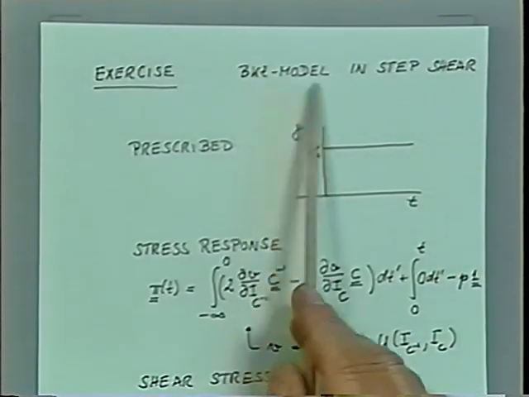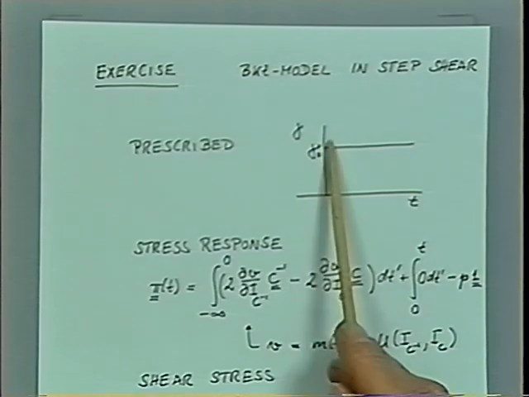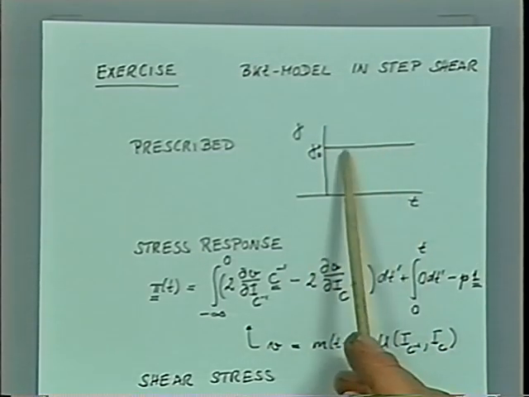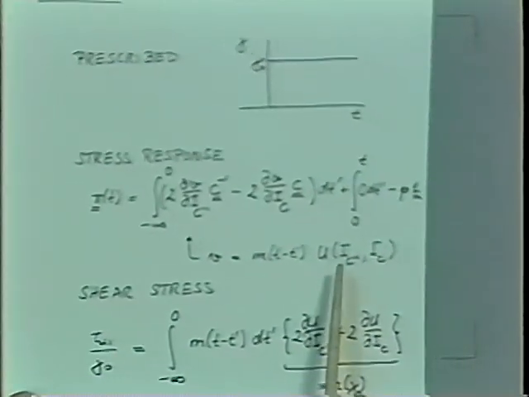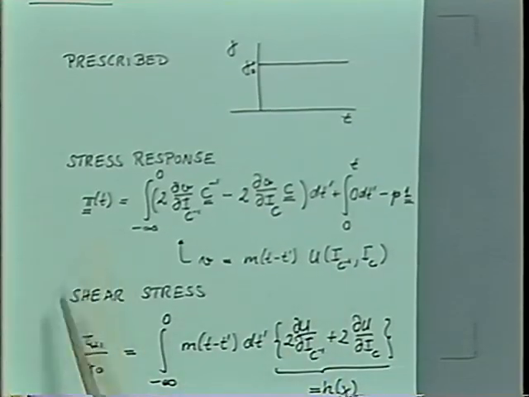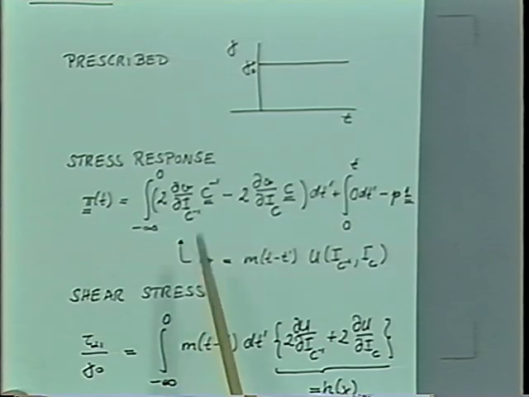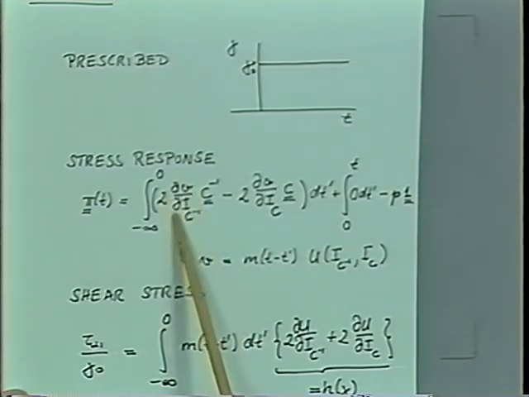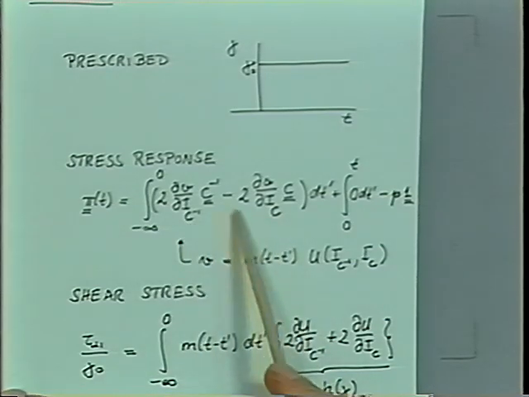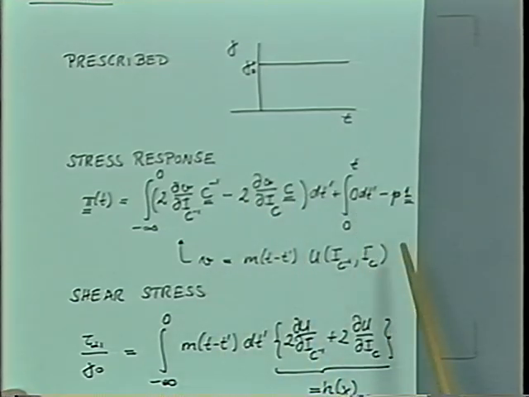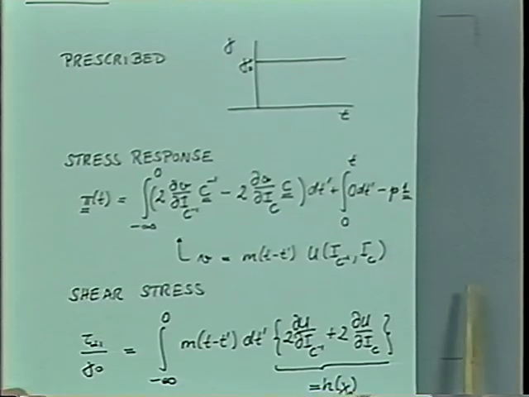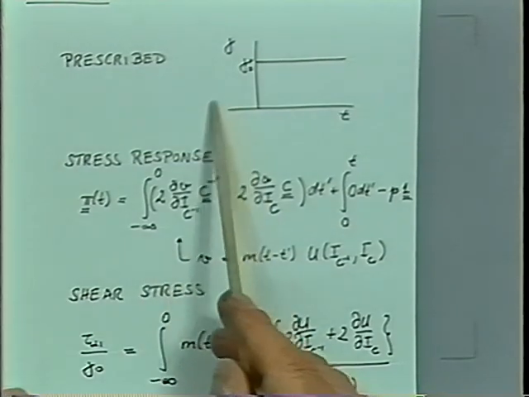We take the BKZ model. In step shear, prescribed is the strain, which is suddenly imposed and then held constant. And the stress response now is given by the derivative with respect to the invariant of the Finger strain tensor minus 2 times the derivative in the Cauchy tensor, plus there is a contribution where we have to look at the integral. This is the contribution of the rest period